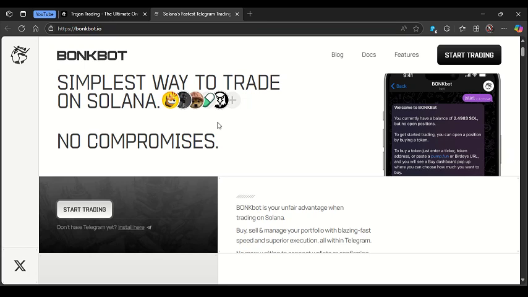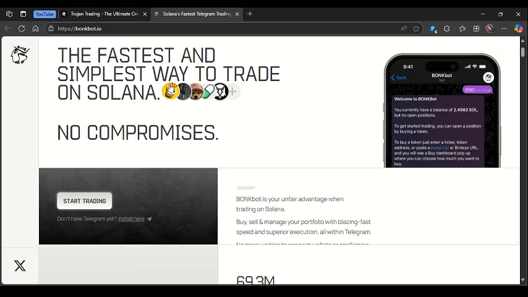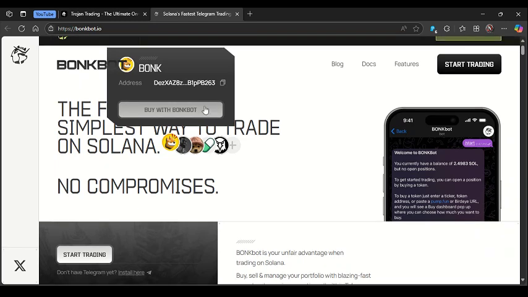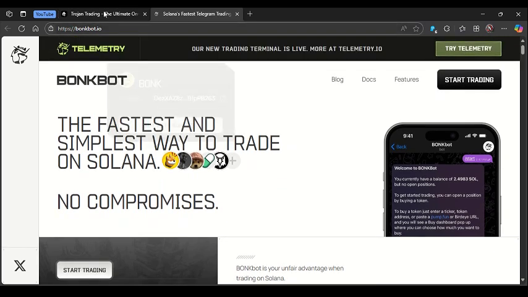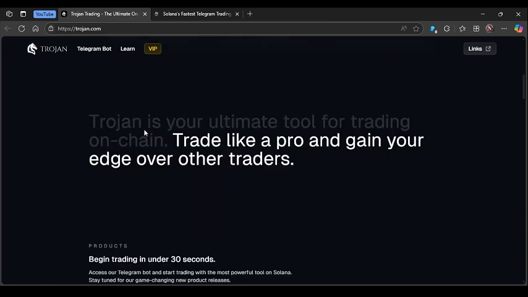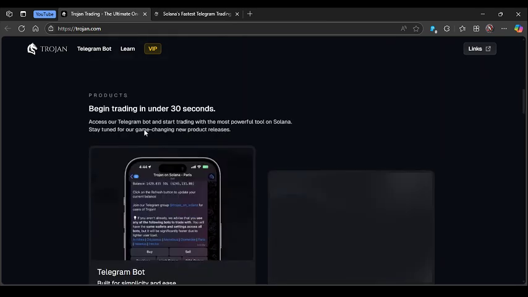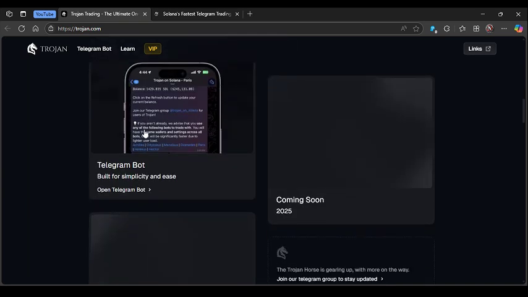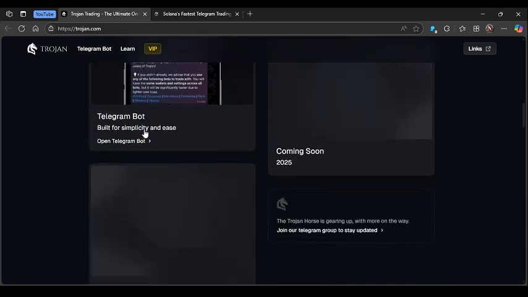On the other hand, Trojanbot offers a more comprehensive suite of features that can be beneficial for meme coin traders beyond just raw speed, while also being very fast. Trojan includes advanced functionalities like MEV protection, various order types, multi-wallet management, and robust portfolio analytics. These features can give traders more control over their entries and exits, with risk management or more